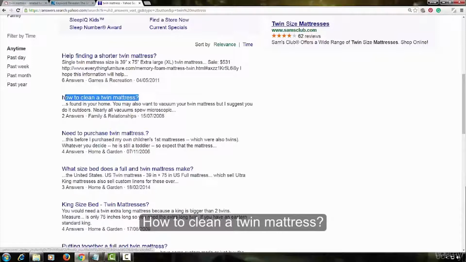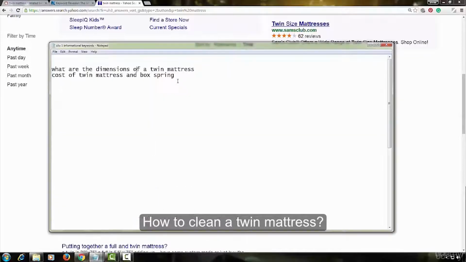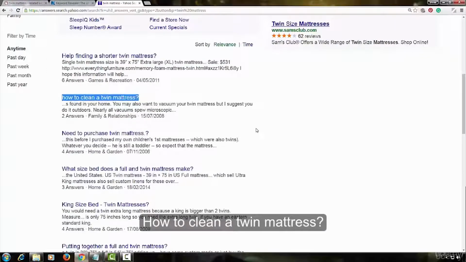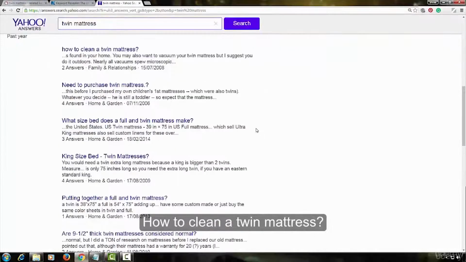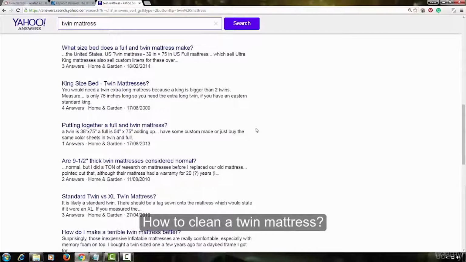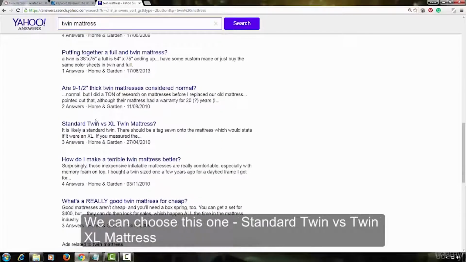How to clean a twin mattress? We can choose this one, standard twin versus twin XL.